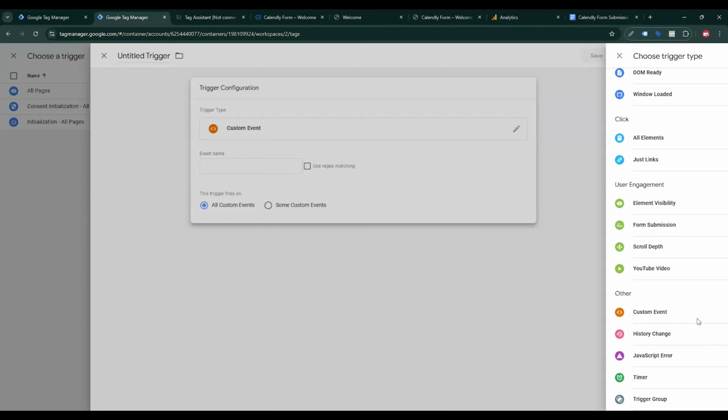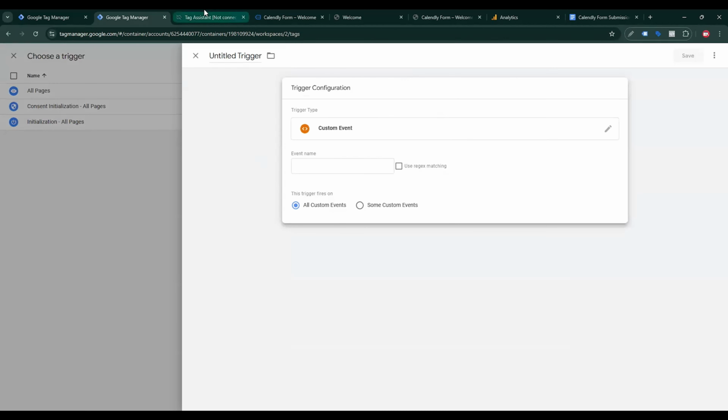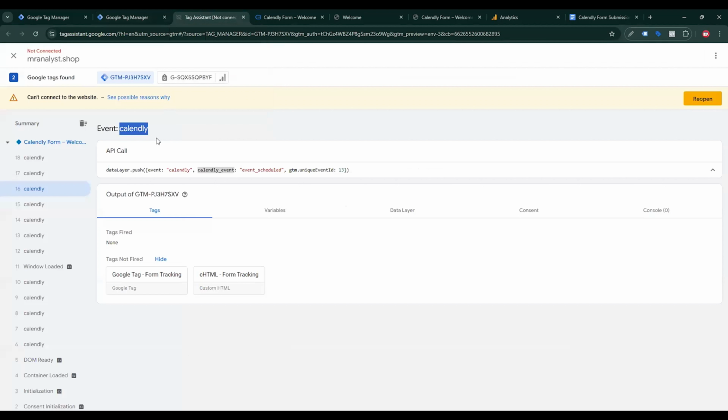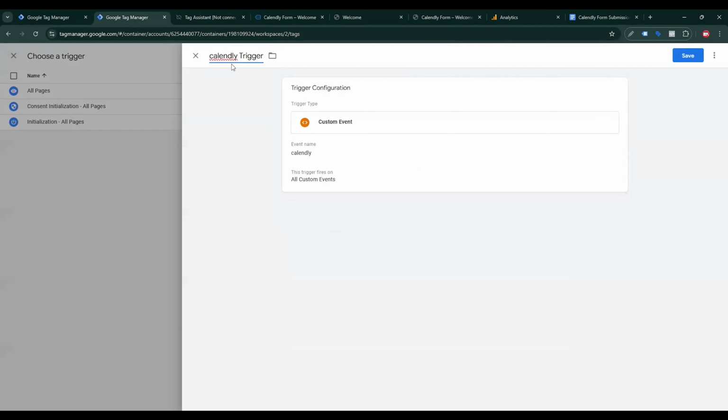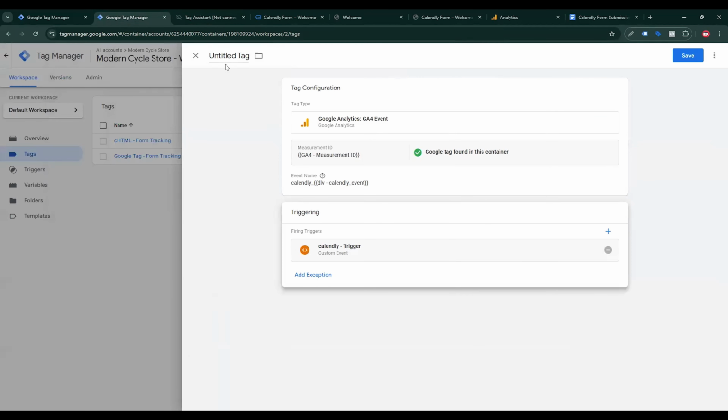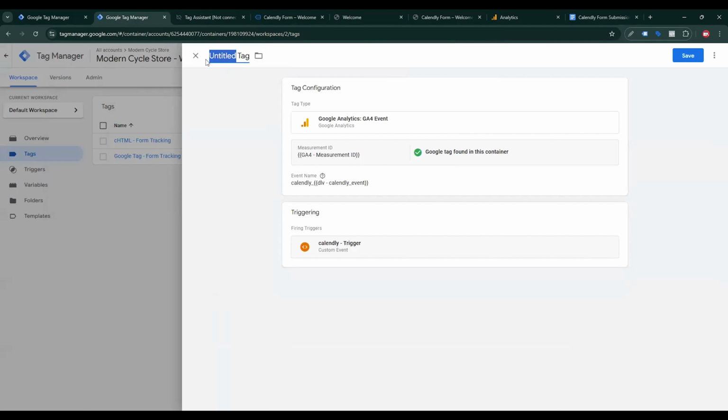then click on triggering, then click the plus sign again, then find Custom Event. I need to create an event name, so go back to your Google Tag Assistant, copy this event name, then paste here, then give a name to this trigger, then again click on save. Our setup is almost done. Give a name for this tag, Calendly form tracking tag, then click on save,